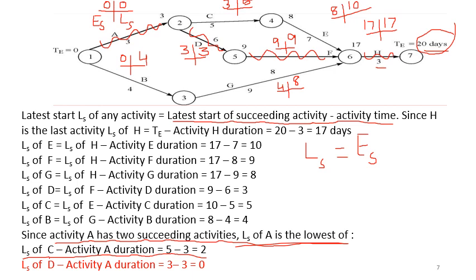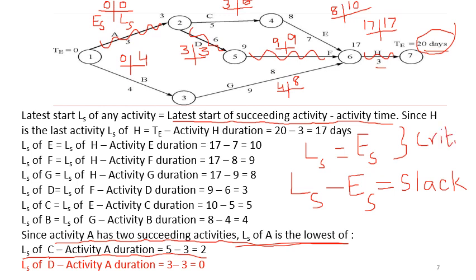All are activities which have earliest start equal to latest start, or in other words, for all activities where LS minus ES, we call it the slack of the activity. The difference between ES and LS is called the slack of the activity. For all activities which have slack equal to 0, those activities will be the critical activities. Please keep in mind, this will be the condition for the critical path or the critical activities.